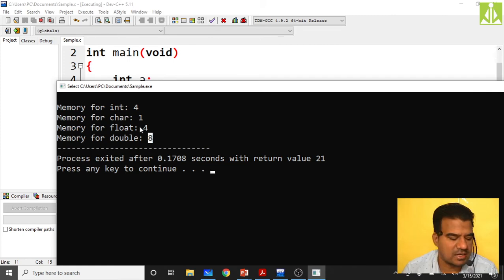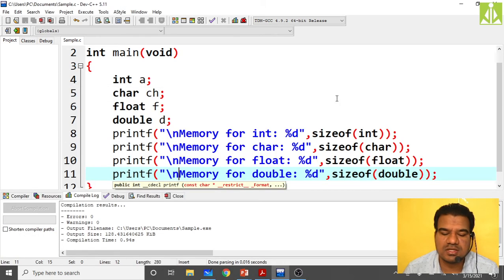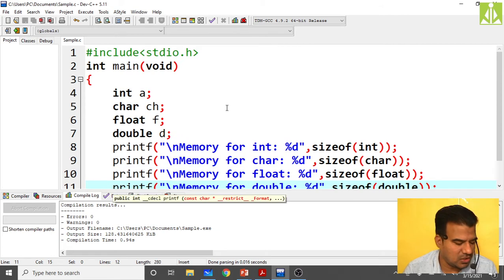Remember these sizes. When you declare an integer variable, in that integer's memory you can store 4 character variables, isn't it? Because a character consumes only 1 byte and an integer consumes 4 bytes. So inside an integer, you can store 4 characters. With this understanding, we'll go and see the union program.